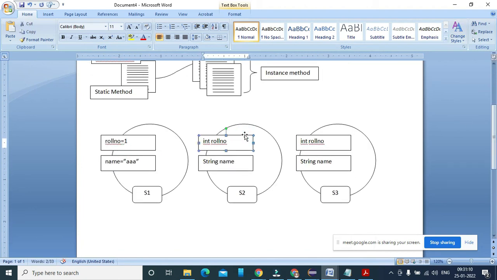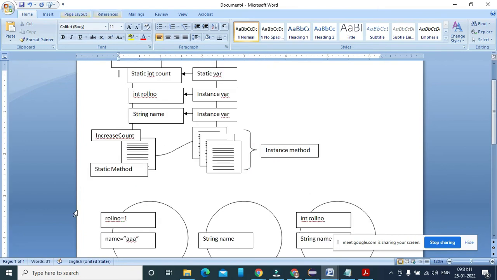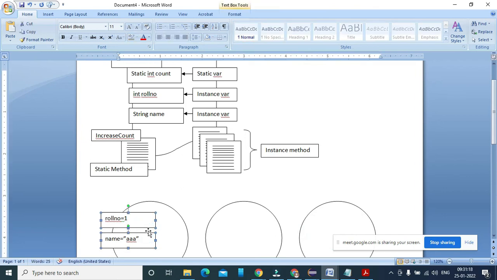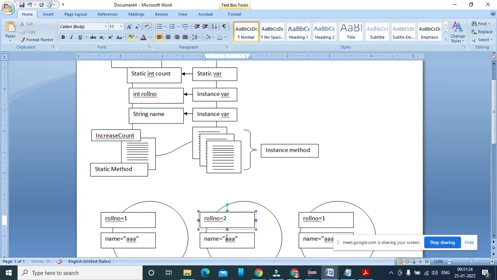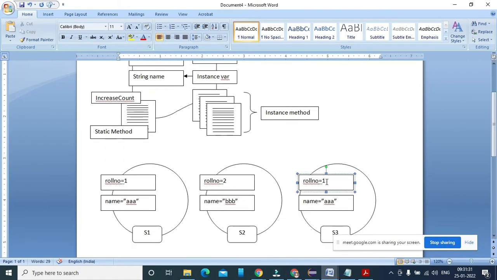Roll number equal to 2 and name is BBB, and roll number equal to 3 and name is CCC. I'm just duplicating it and giving a different value here.